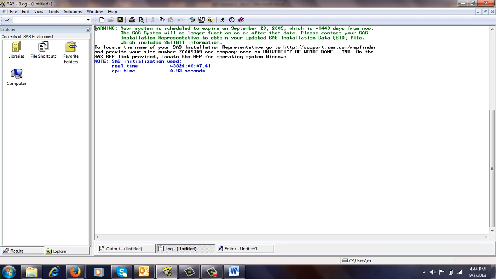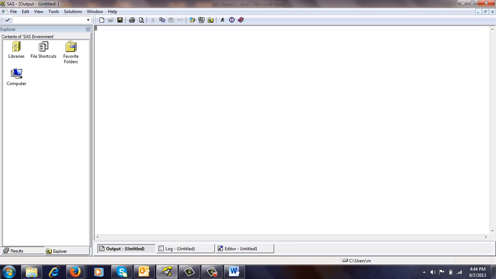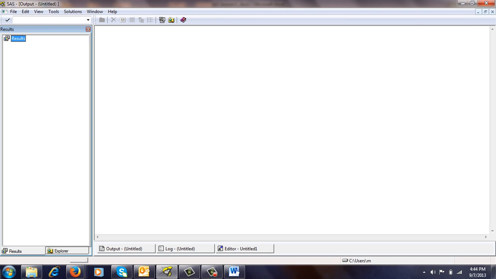Other than these three windows, we have two subsidiary windows as well, called the Explorer window and the Results window. The Explorer window has links to system files like My Computer, libraries, and favorite folders. The Results window has hyperlinks to all the results you generate during one session.